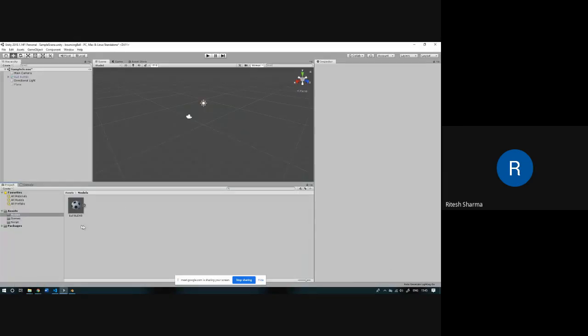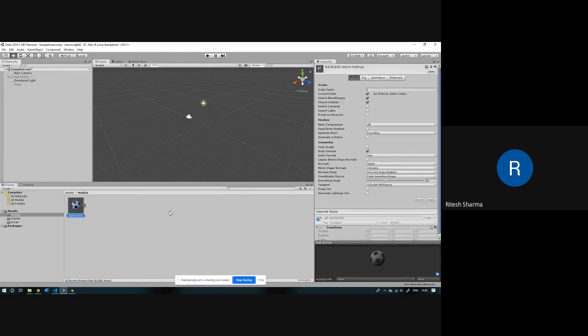Okay. So once we have captured our model and it is inside our assets folder, then what we have to do is the simple drill. You just have to click on it, keep pressing the left button of the mouse, and drag it to the sample scene screen, to the hierarchy screen. Once you do that, it will bring the football into this arena.